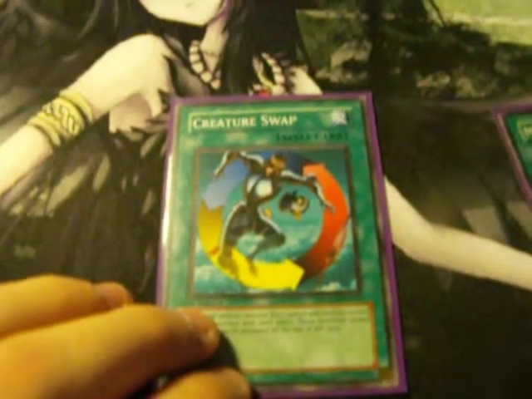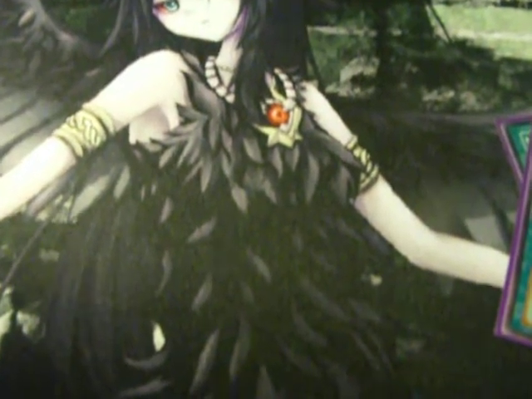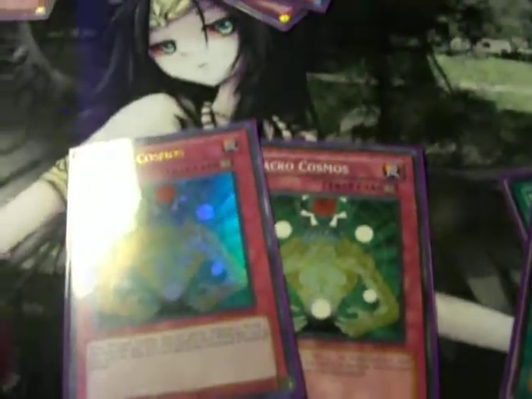Creature Swap. You play a lot of small monsters, and taking their Shining or their Red Eyes, it's hilarious. Then you play 2 Macrocosmos. It really screws up most decks, and you don't really rely on the graveyard too much. So,